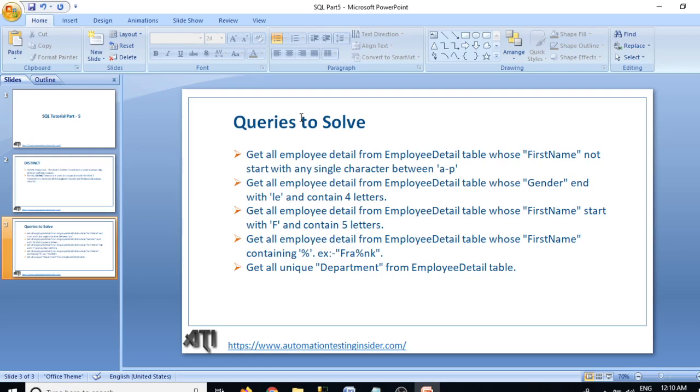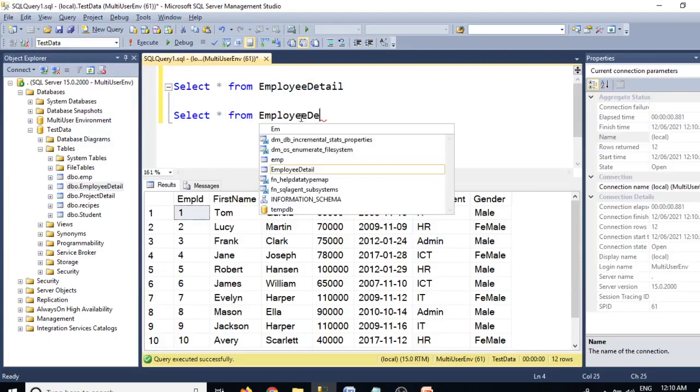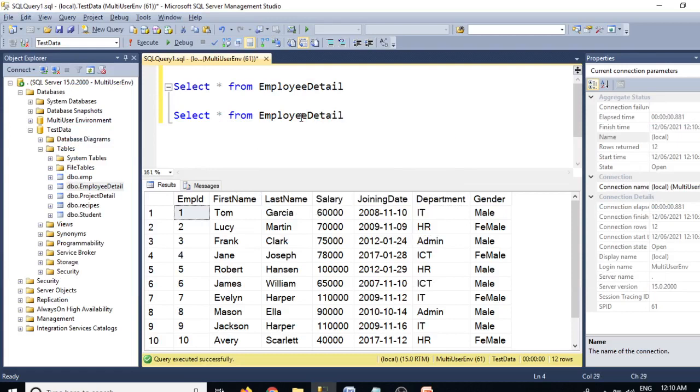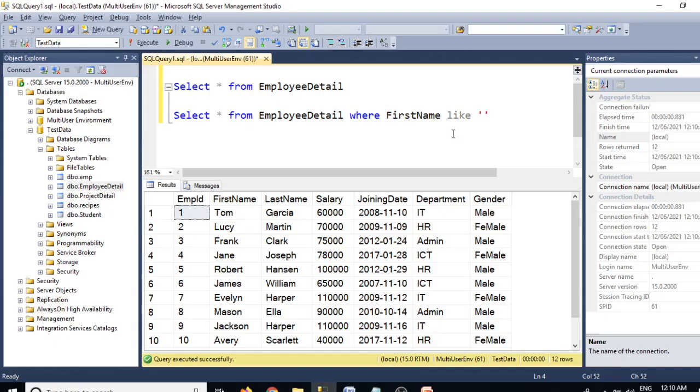Select star from employee detail where first name like, which should not start between A and P. We know this represents a single character and it should not start with A to P. So how to negate this?